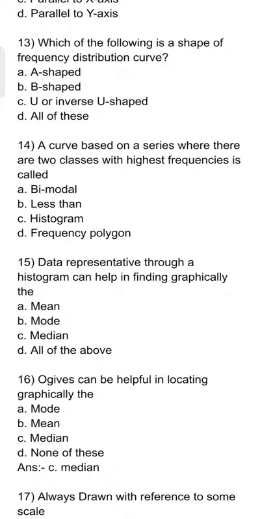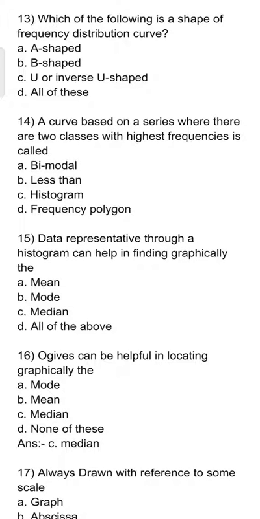A J shaped, B J shaped, C U or inverse U shaped, or D all of these। इसका आंसर है C U or inverse U shaped। Next, a curve based on a series where there are two classes with highest frequencies is called A bimodal, B less than, C histogram, D frequency polygon। तो इसका आंसर है A bimodal। Next, data representation through a histogram can help in finding graphically the A mean, B mode, C median, D all of these। तो इसका आंसर है B mode। Next, ogive can be helpful in locating graphically the A mode, B mean, C median, D none of the above। तो इसका आंसर है C median।